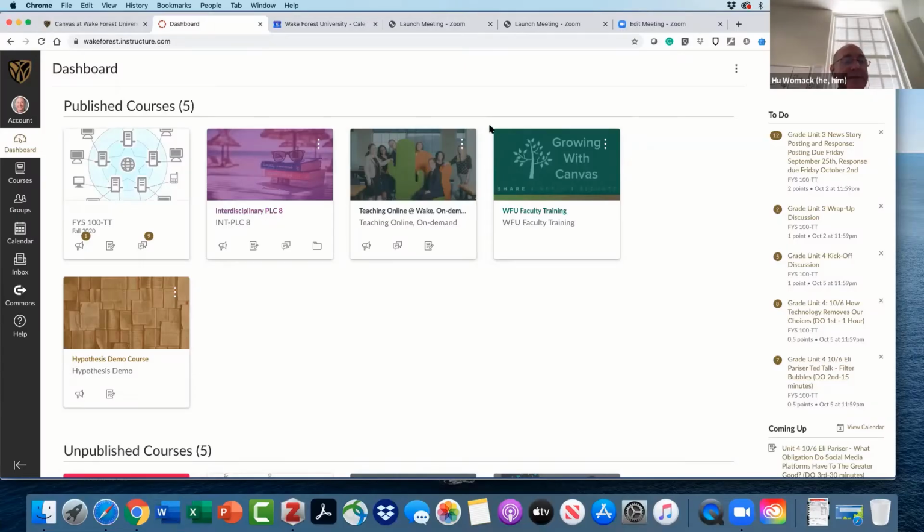There's a quick, easy way to link all of your Canvas calendars into your Google Calendar so that you get all of the notifications and reminders that you get inside of Canvas in your Google Calendar. To do that, we start out at canvas.wfu.edu. We go down to the calendar,